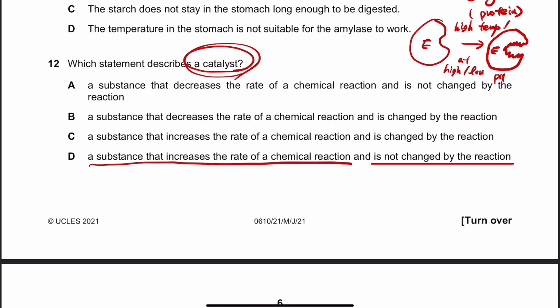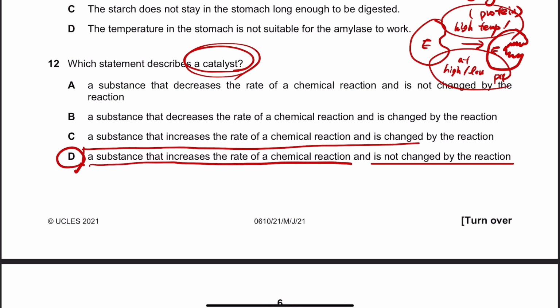Although it can actually change, the reason is the exposure to high temperature or high or low pH, like I said before, above. So this is actually about the definition of a catalyst. So just memorize this definition, because it usually came out in the exam quite often in the past. So it's always good to know the definition of a catalyst, because